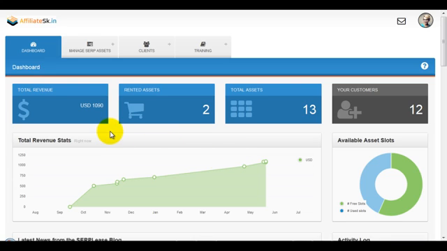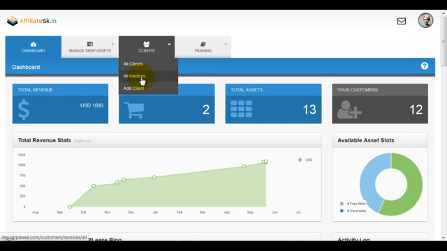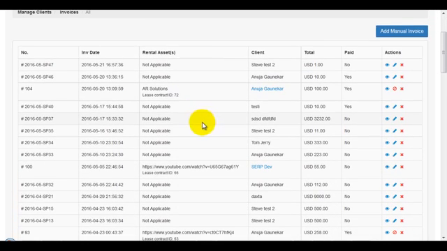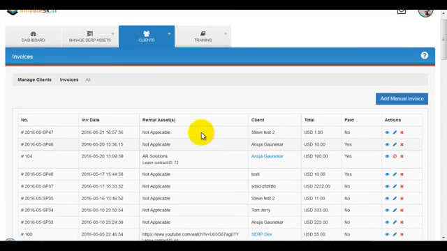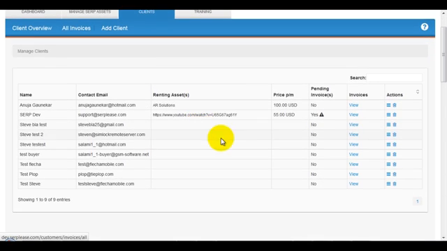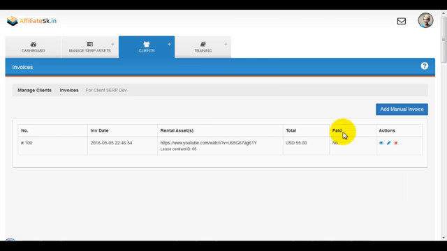Okay, so we are looking at the Surplease dashboard now. Let's go to Invoices. Now please pay attention as there's two ways to view invoices. First we go to Clients, All Invoices. Here we have an overview of all invoices for all clients. But if we first go to All Clients in the top menu like this, and then click the Invoices link here, you will only see the invoices of this particular user.